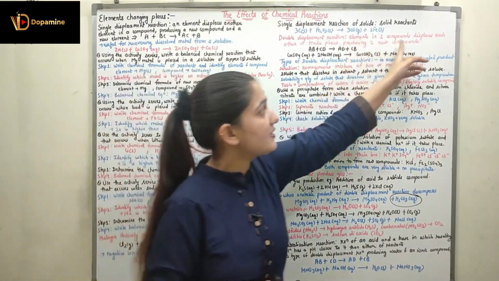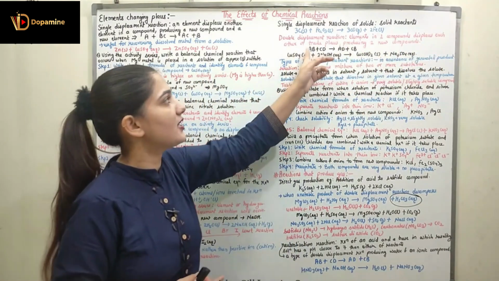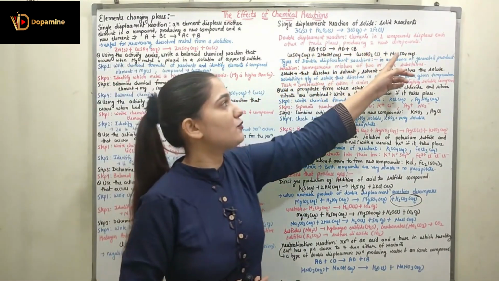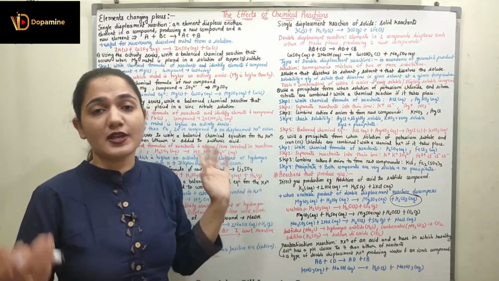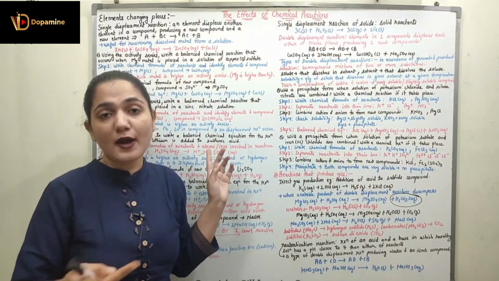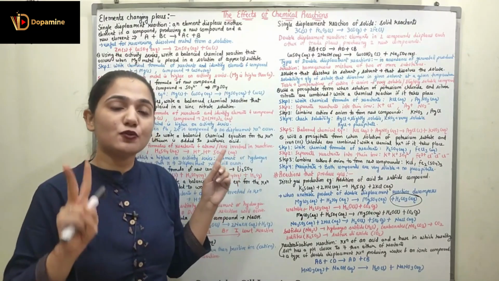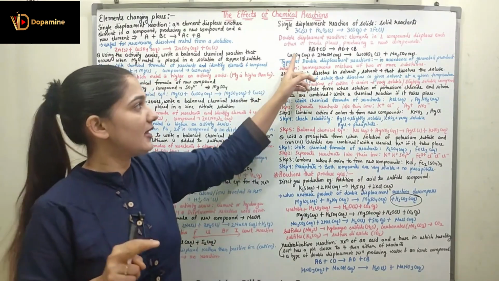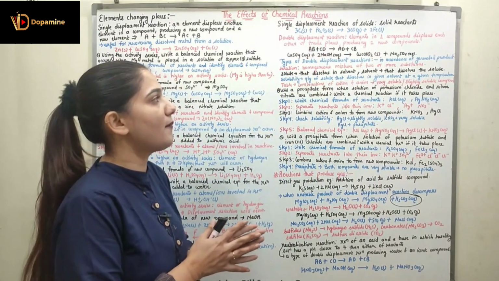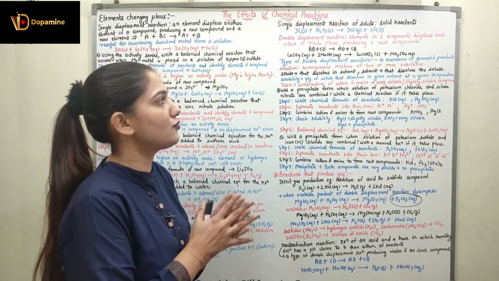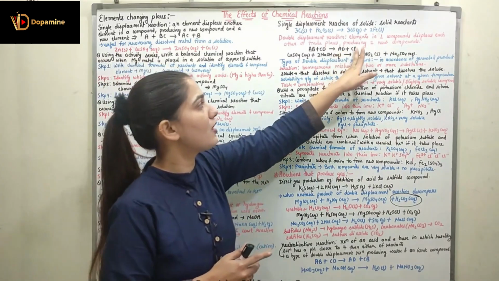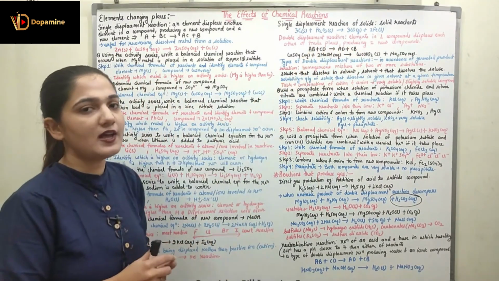The elements in the compound displace each other, or a trade takes place, right? It is going to produce 2 new compounds. So we are going to have a trade, or we are going to produce 2 new compounds when the elements in the 2 compounds are going to displace each other. Like we have AB plus CD. So AB is going to form AD, and CD is going to form CB. So in this manner we are going to produce 2 new compounds by displacement of the elements.